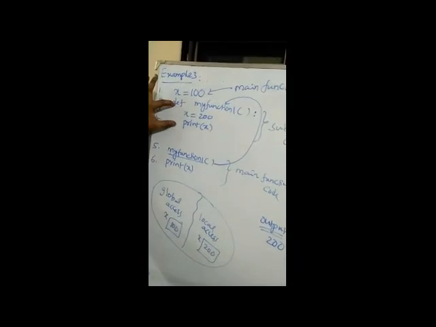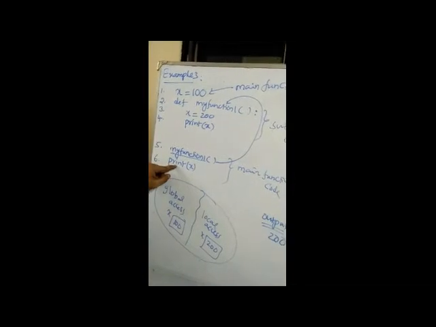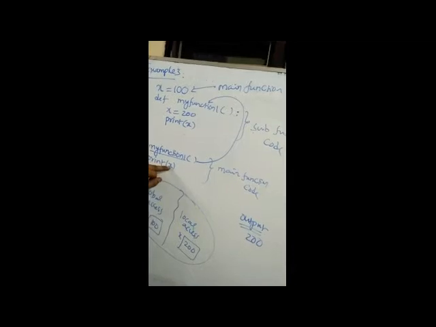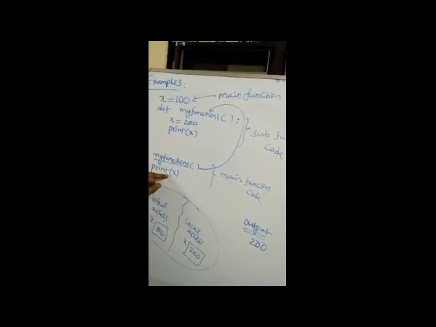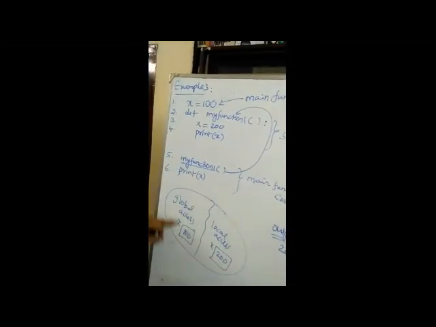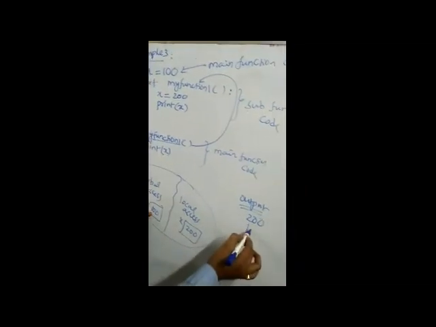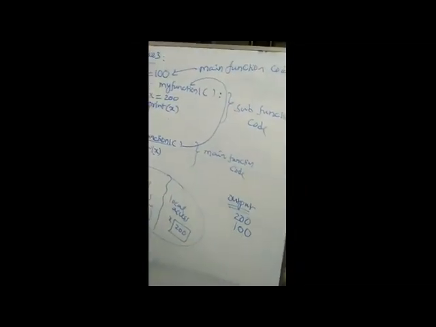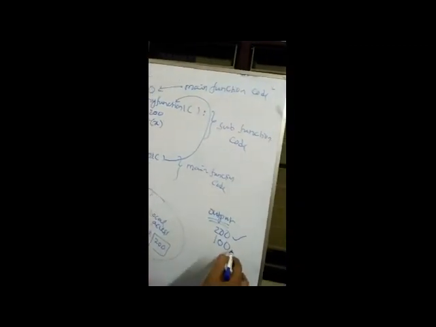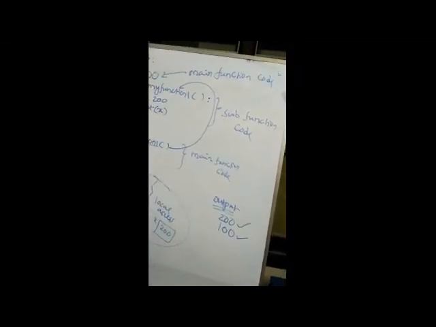After completion of this definition, the cursor comes to the sixth statement, print of x. Here no x is defined. This is main function code, so it refers to global access. So x is 100 here. That's why it displays the output first 200, second 100. This 200 is local access, this 100 is global access. In this way, the output is displayed.